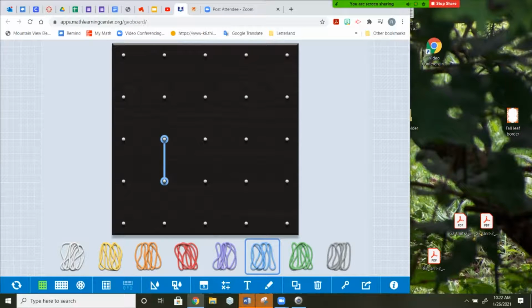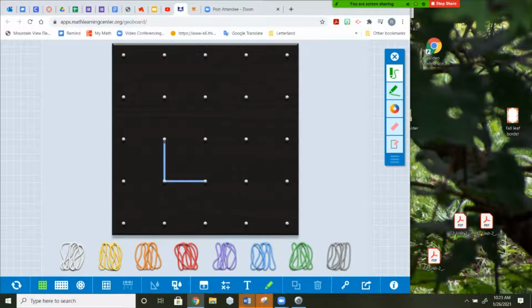And then I'm going to do another blue one. See if it'll let me do that. Instead of doing shapes, I'm going to draw the angles. Oh, I want to draw the rays. Like these are supposed to be the arrows